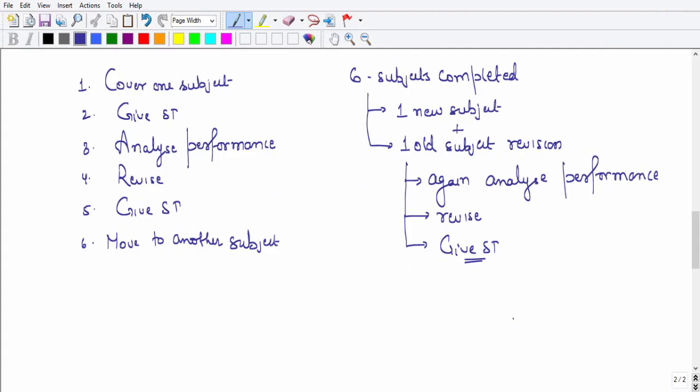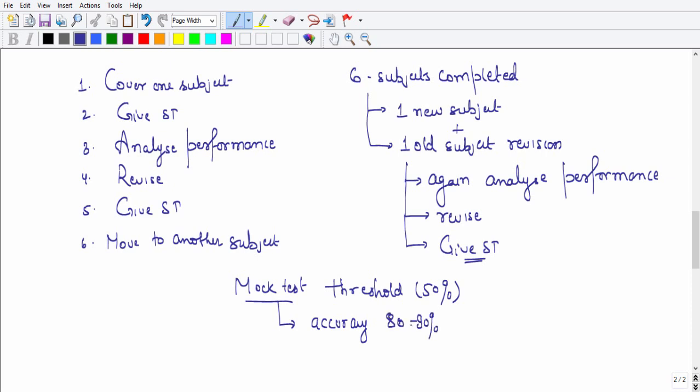Similarly, what you do in mock test, again keep a threshold of 50%. In that threshold of 50%, target an accuracy of 80 to 90%. That should be your target, and once you are gaining this accuracy you will be landing higher in the ranks.